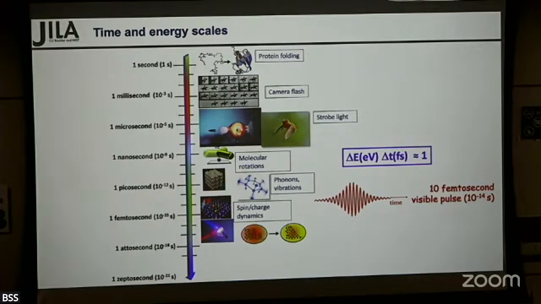In our field, we often use it in the electron volt femtosecond representation. If you take your bandwidth in electron volts and multiply it by your full width at half maximum pulse duration in femtoseconds, you get 1. So for a 10 femtosecond pulse, what bandwidth, what coherent